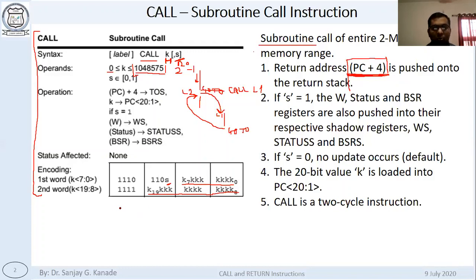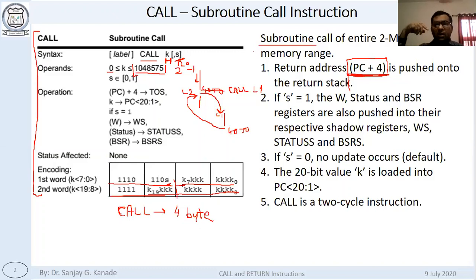Because how many words will the call instruction require? Call instruction, as we know, is a 4-byte instruction, right? You can see it here also. Byte 1, 2, 3, and 4. 4 bytes are required for call instruction. Means what will be the address of the next instruction?